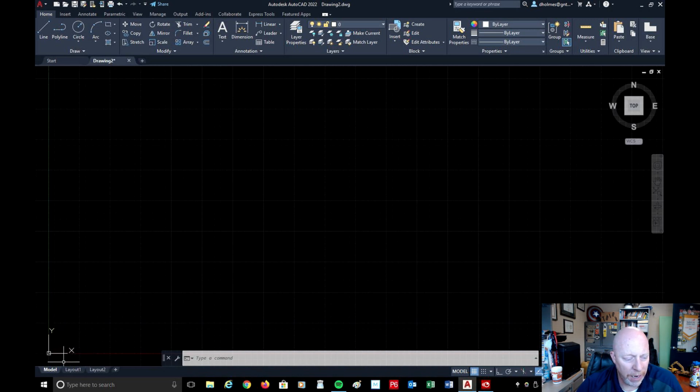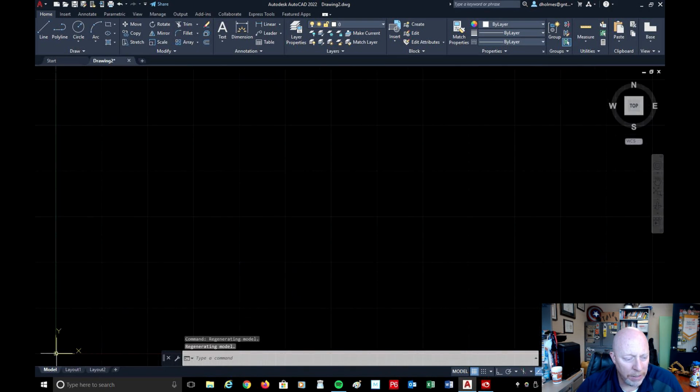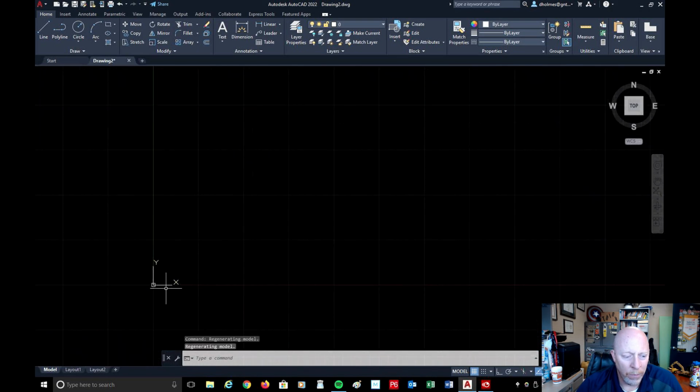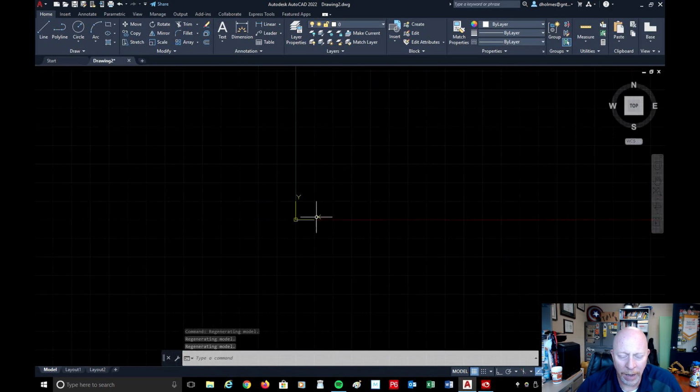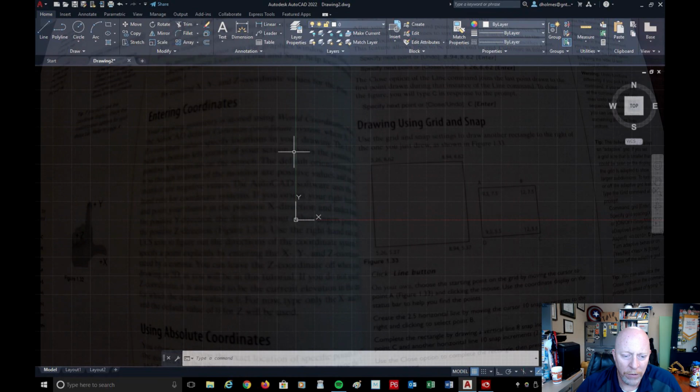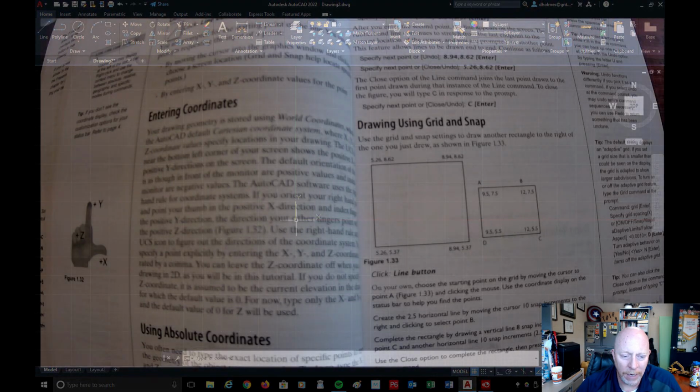This is the UCS, the User Coordinate System. And this is your X, Y, and Z axis, okay? So I'm going to try to put that in the middle of the screen. I'm just using my mouse to zoom in and out to get it over here. So X, Y, and then Z is looking straight at us. X is your left and right axis, Y is your up and down axis, and then Z is coming